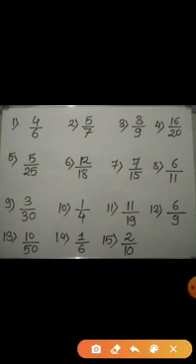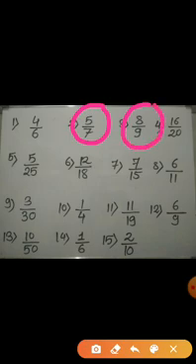See the next fraction, which is 5 by 7. Now, the only common factor of 5 and 7 is 1. Since they have only one common factor, the fraction 5 by 7 is in its simplest form. So here I am going to circle this fraction. Next fraction is 8 upon 9. Here 8 is an even number and 9 is an odd number. It means obviously they have only one common factor, right? So fraction 8 upon 9 is also in its simplest form.